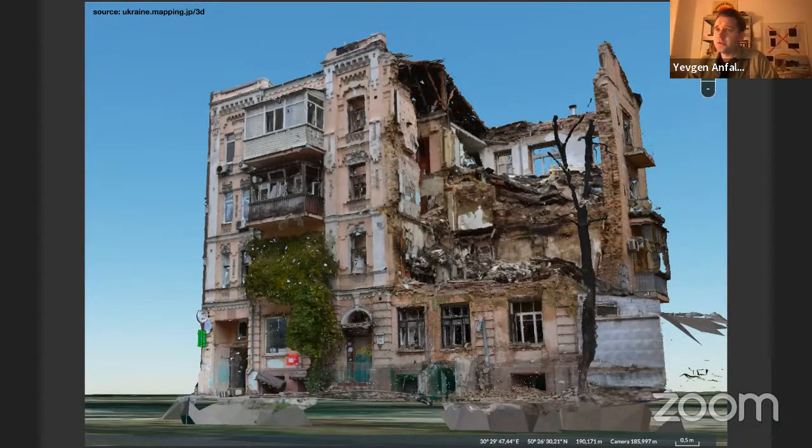Sasha, if you could, please copy paste it in the chat. It would be good for people to browse these 3D maps as they